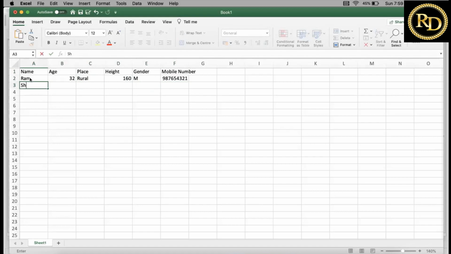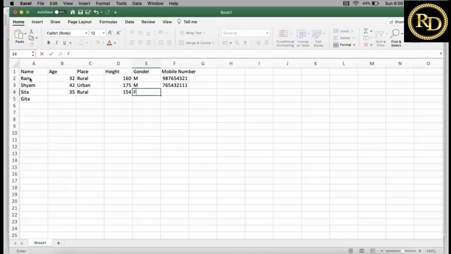Another one, you can say, is Shyam. His age is 42. Urban. Height, you can say, is 175 centimeters. Gender is also male, and mobile number is 76543211. Like this. Then Sita, 35, rural, 154 centimeters.